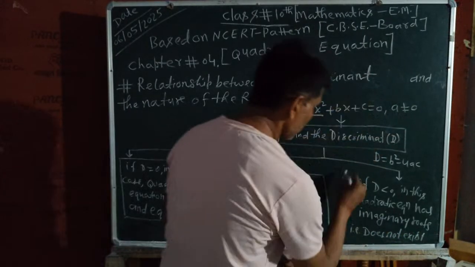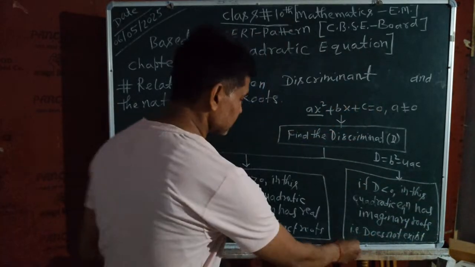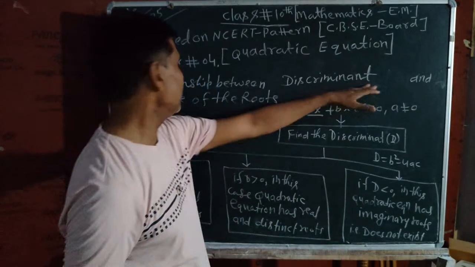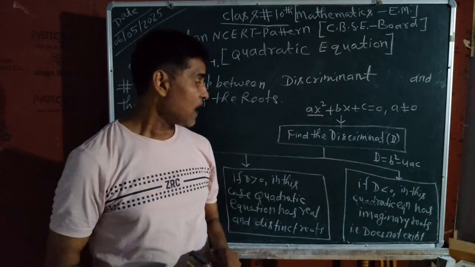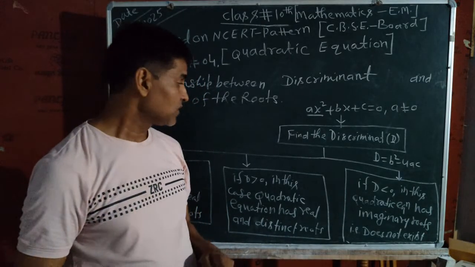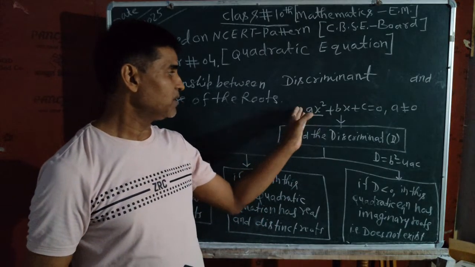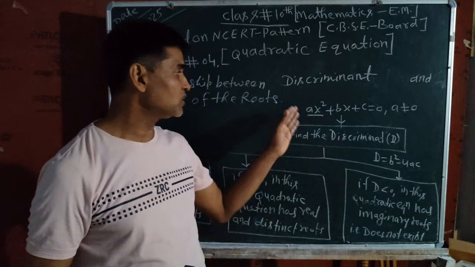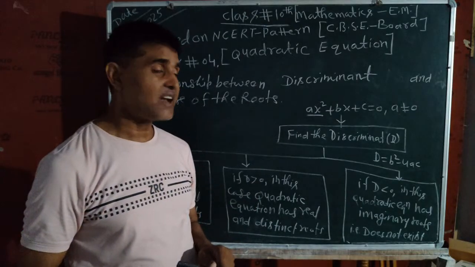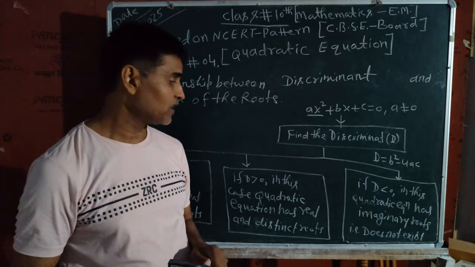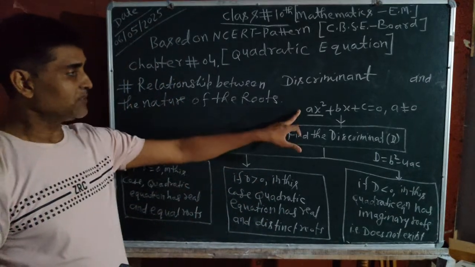So this is the information related to the relationship between discriminant and the nature of the root. I have already explained here. Now I will use the questions on this topic, and unknown parameters will be available in the quadratic equation, and I will solve that quadratic equation with the help of these conditions, and then I will write the value of that parameters. Okay student, so each and every student has to remember these three conditions which is based on quadratic